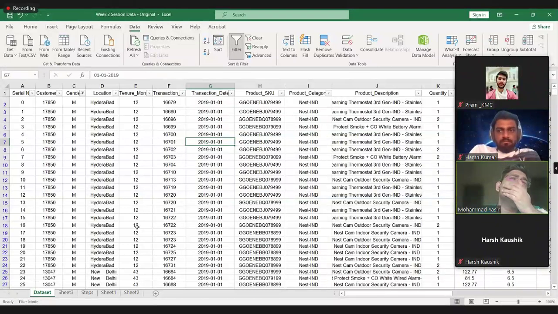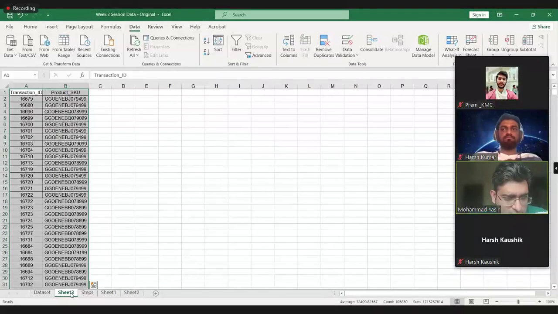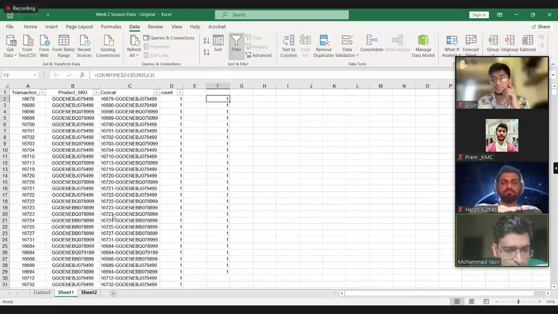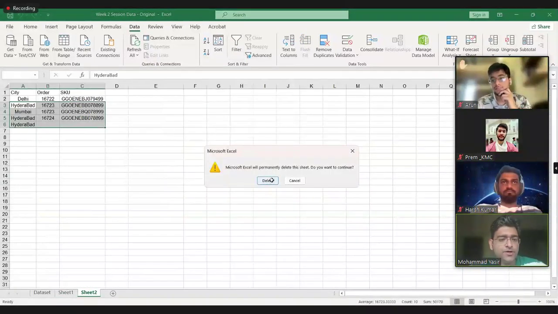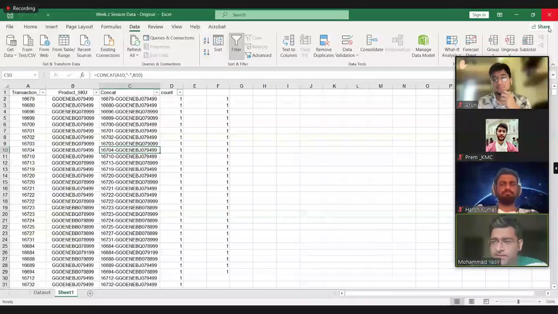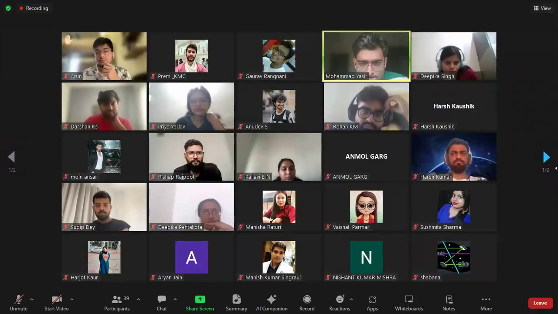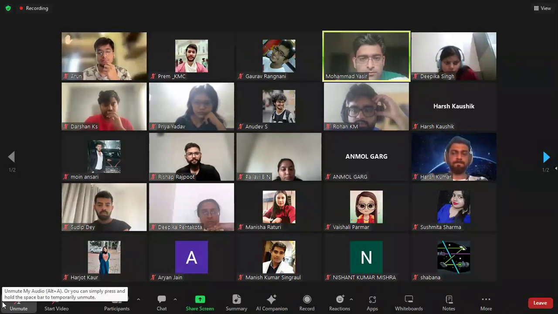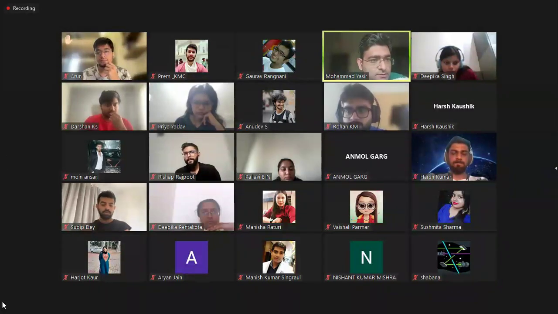Now, once this is done, let me share another data set with you. One second. You can delete these tabs as well. I will just share this data set with all of you, then we'll move on to another one. Let me know if you are able to get this file.